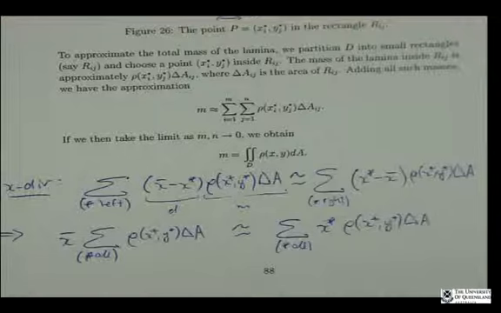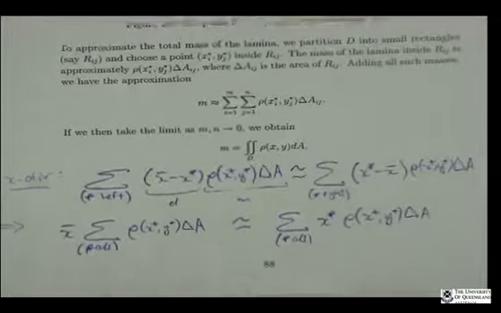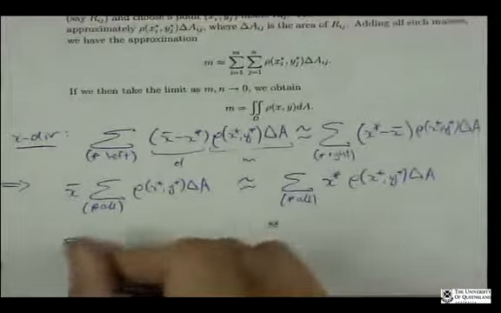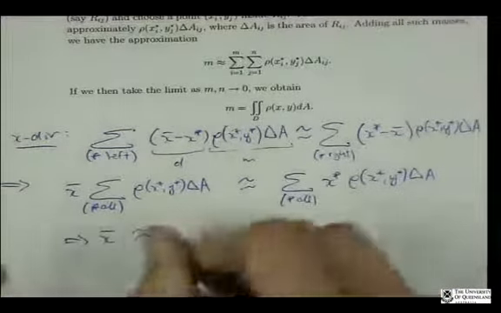This is why it's irrelevant where x bar is, right? And so now we can isolate x bar just by dividing through by this term. Oh, and notice this term is an approximation to the total mass of the system. Okay, so we end up with an approximation which is just